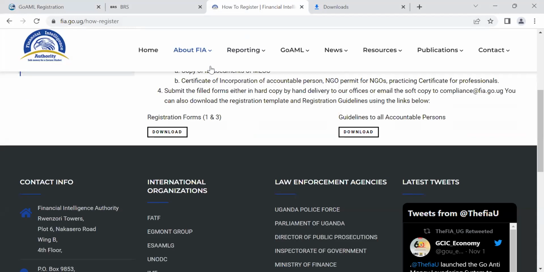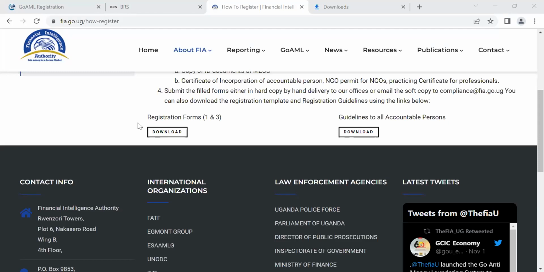That is your head of institution, your executive director, the boss of the Forex Bureau has to write a formal letter. If it is the boss registering, then he writes indicating himself. The letter is addressed to our executive director, nominating and saying these are the people who will have access to the system. It's a letter to our executive director saying, as this Forex Bureau, these are the people we would want to have on the system.